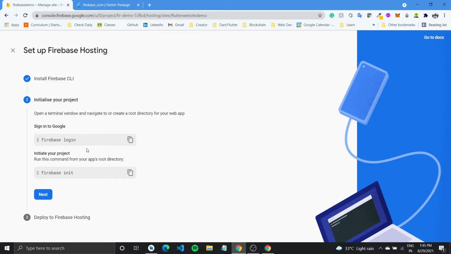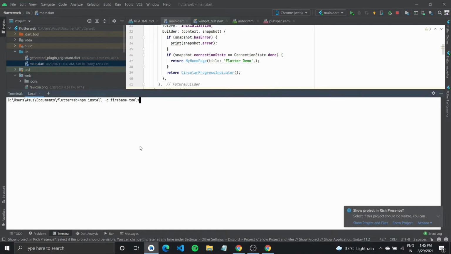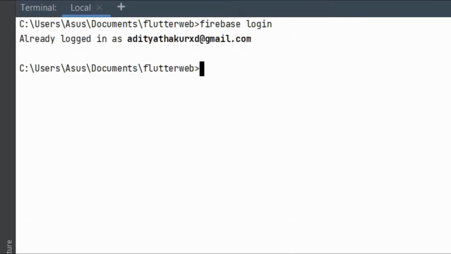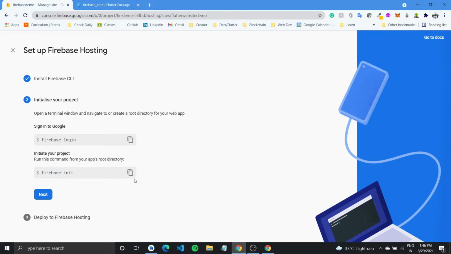So I'll go to initialize your project. Now after you have got the tools, type in firebase login, and you would have to log into your Firebase account, the account that you have the project made on. It would either redirect you to a new page and you can quickly log in. Since I'm already logged in, I don't have to do this either.